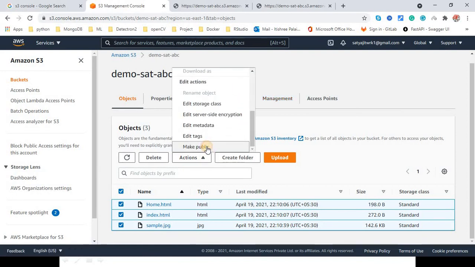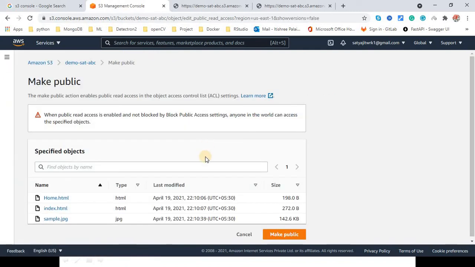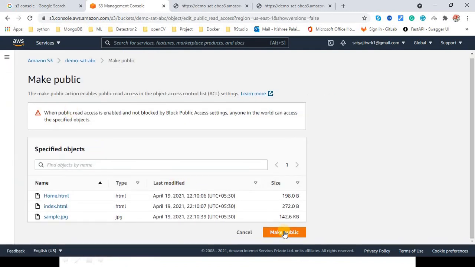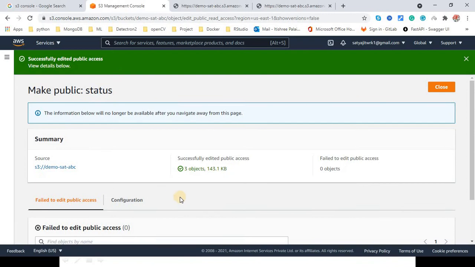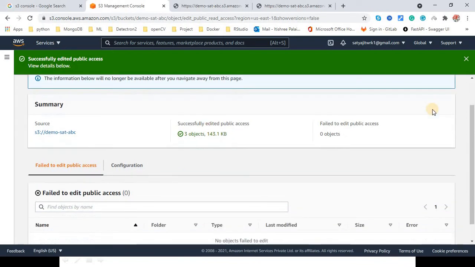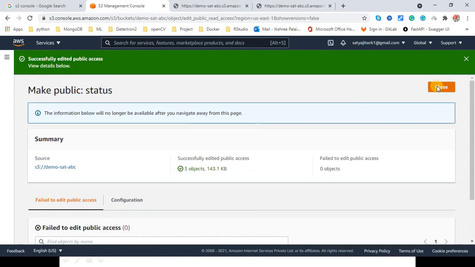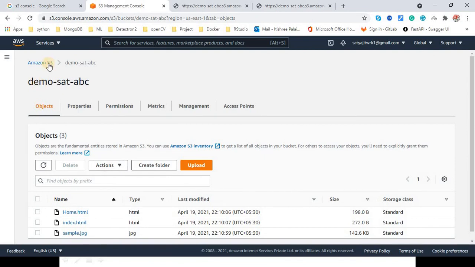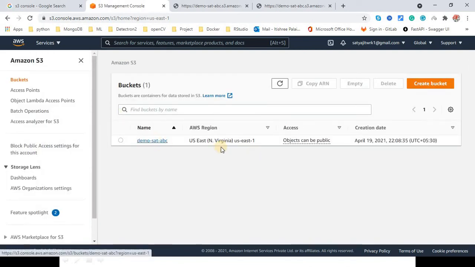Choose this option and say make public. Okay, hit this option again, and now you can close. Now go back to your demo folder, and now you can see that the objects can be public.